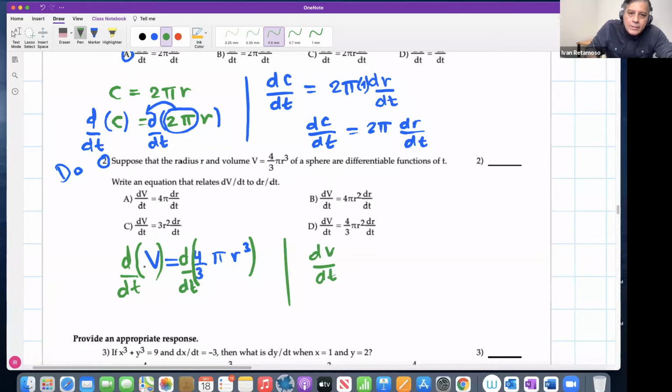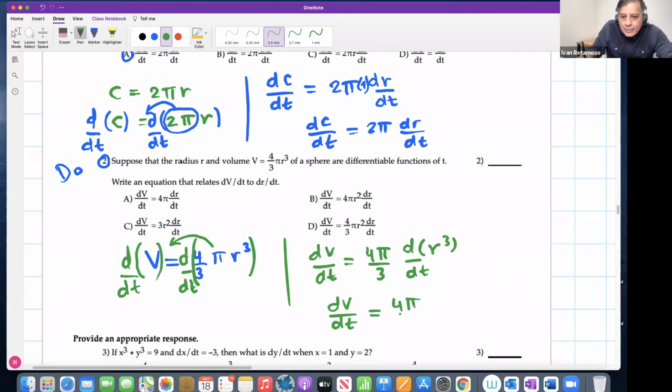prefer, the derivative of V is 1 times dV dt. It's the same, right? It's just this. Over here, however, since you have this constant 4 pi over 3, take that constant out. This is a real number. And focus on taking this derivative of R cubed, but with respect to time. This leads to the following: dV dt